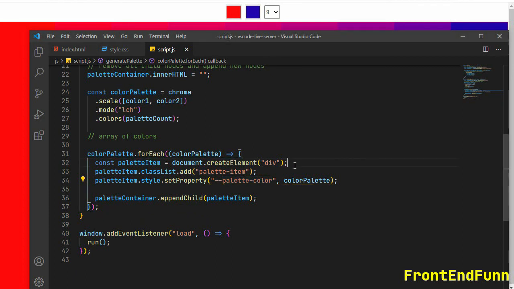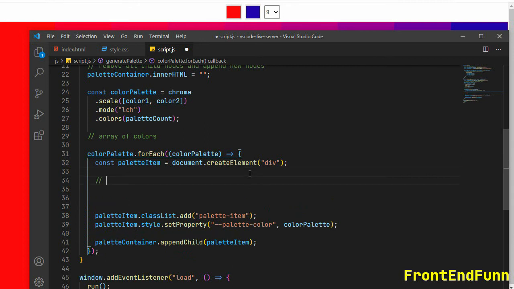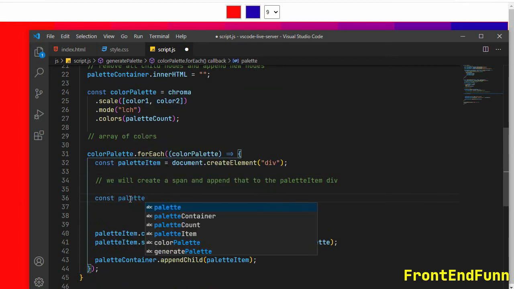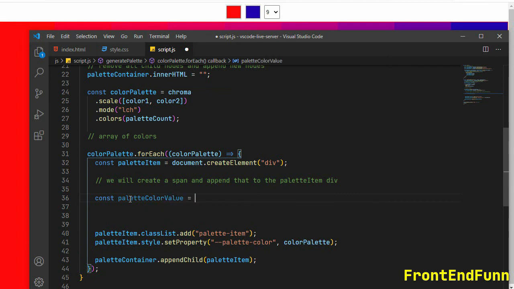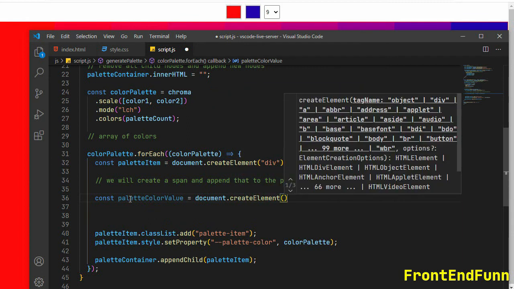So to generate color codes, we can just add one more element to this palette. So after creating a div element, we'll create a span and append that to the palette item div. Okay, so const palette color value. So palette color value is the element. Document dot create element span.